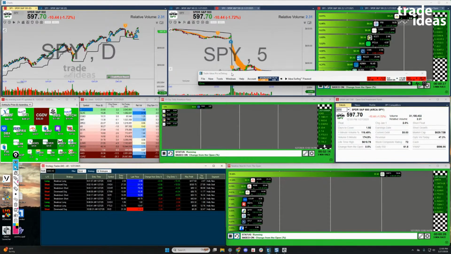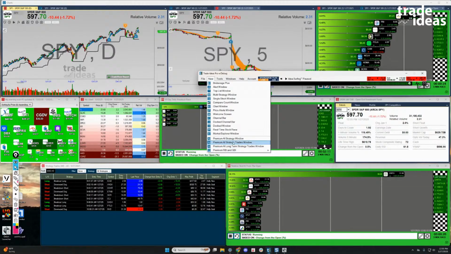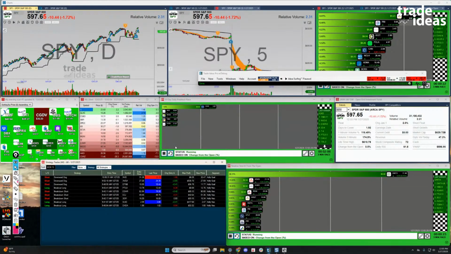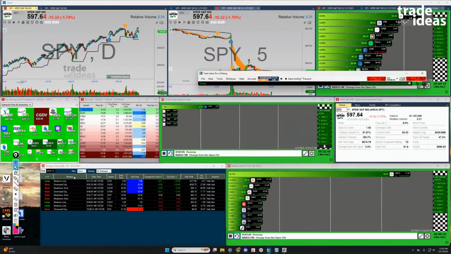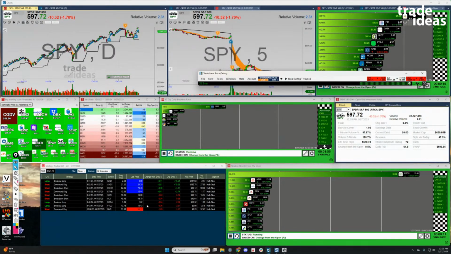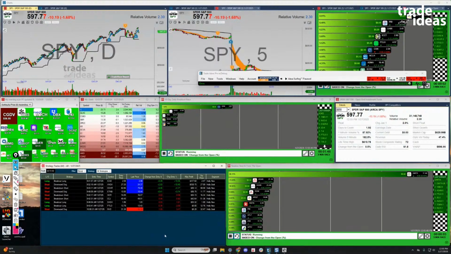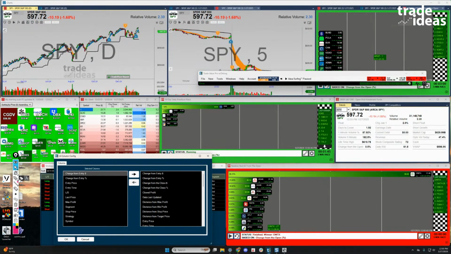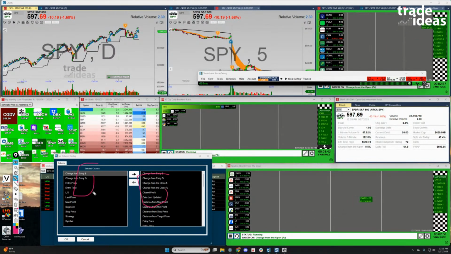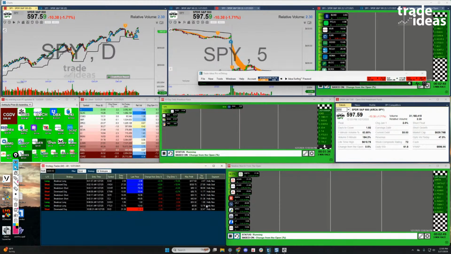So if you're asking how I would do this, I would go new, premium AI strategy trades window, which will open this window here. It's now duplicate. Yours is going to have different defaults in there for what columns you're showing. You can go through and adjust the columns as you see fit. You may find one set of columns usable today, and you may decide to change that around in a week, a month, so on and so forth from now. But if you right click and you come to columns, you'll see the master bank on the right and what you're displaying on the left, and you can simply click to go from right to left to display it, or from left to right to undisplay it. And that's what I would be doing as far as Holly goes.